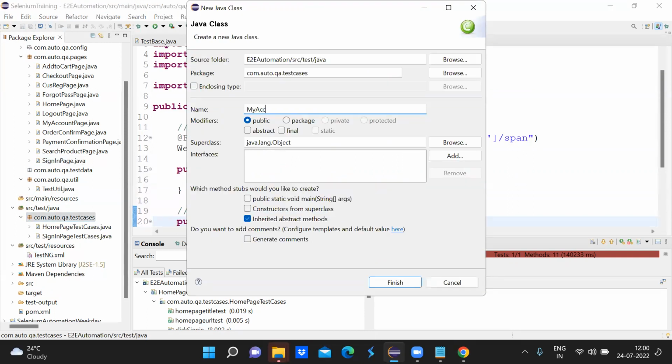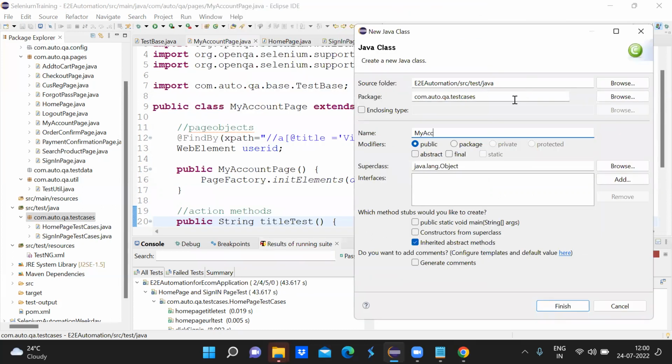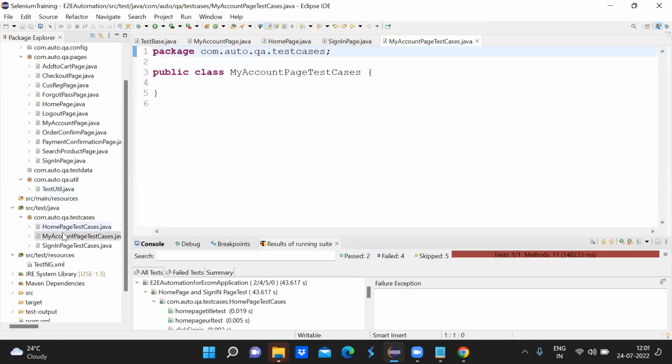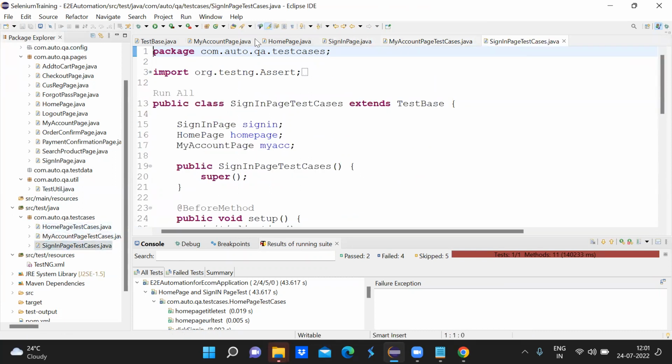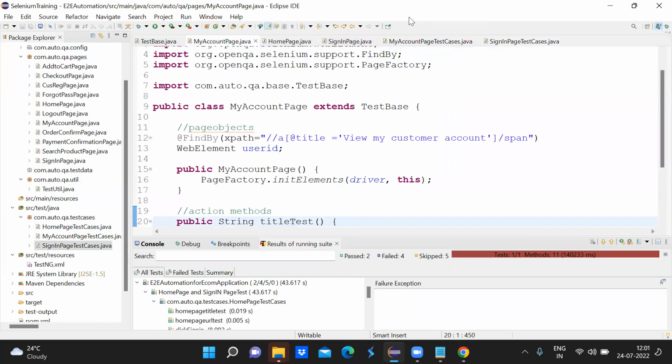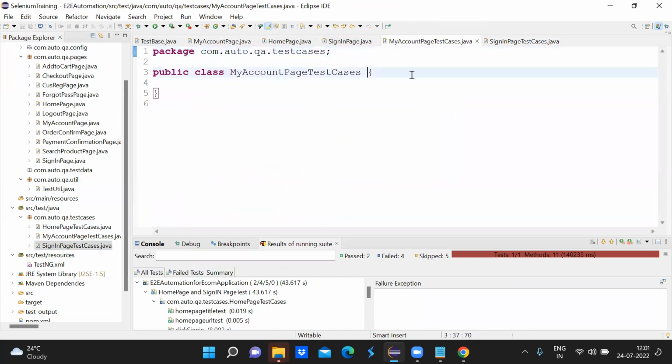So my account page test cases, and what I have to do here, first I will have to extend the test base,